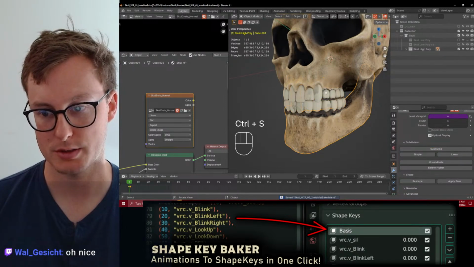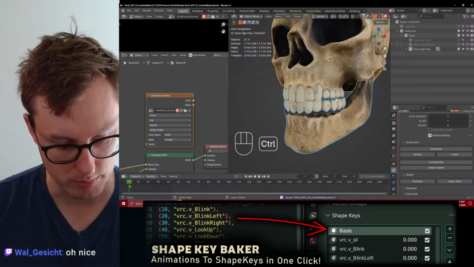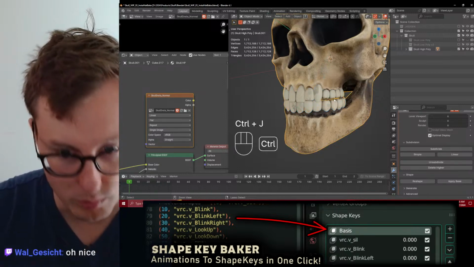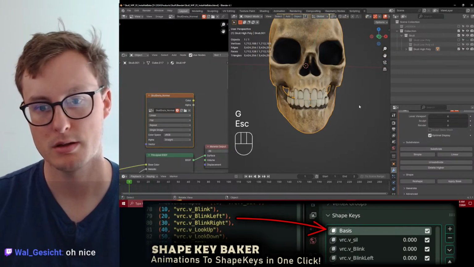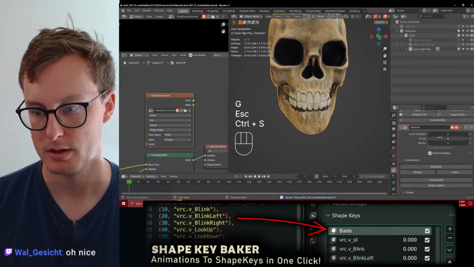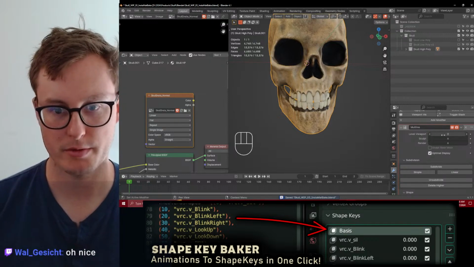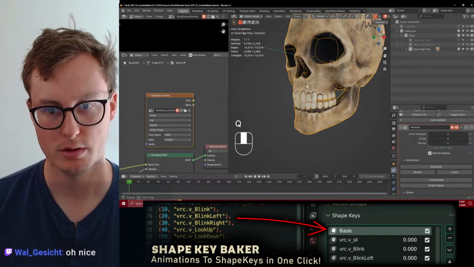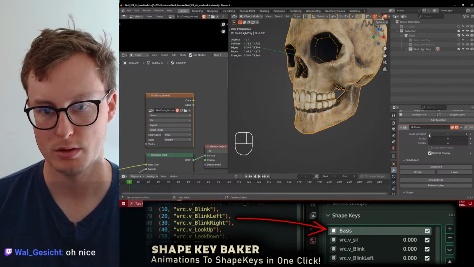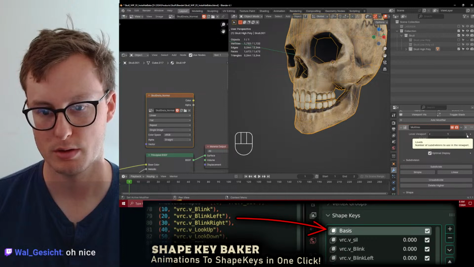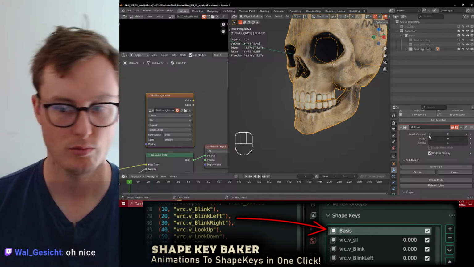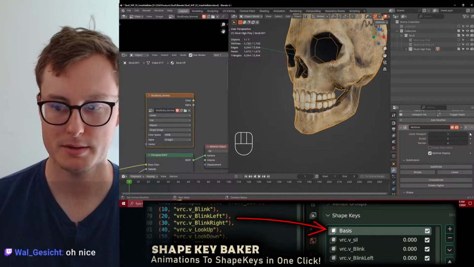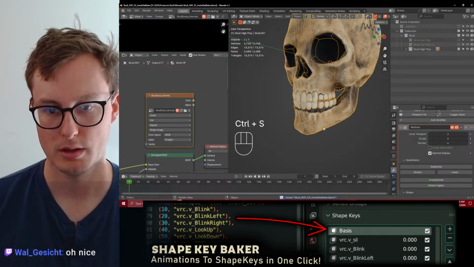But now it matches these ones, find them, onto one object. We have one object now. And we can set the subdivision to 2. Yeah, let's say 2. Okay.